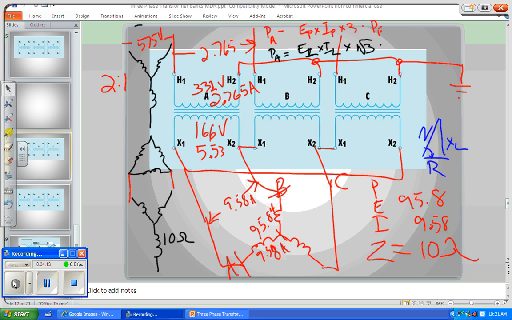All right, now on these problems, you also need to do calculations with the open delta, because in the lab, you're going to have an opportunity to do a delta, open delta with a Y load, either 250 ohms or 600 ohms, and you're going to need to do the calculations ahead of time and come up with the right numbers, because what you do first part of each one of these projects is to do a drawing of all the windings and the load and show all your calculations for everything, and then highlight your voltage going down and your current coming back up, and then you're going to show it with a real transformer connected, doing the real thing. And they're 2-to-1 step downs all the way,